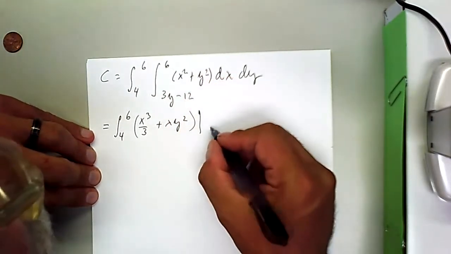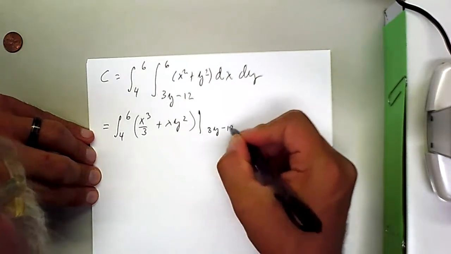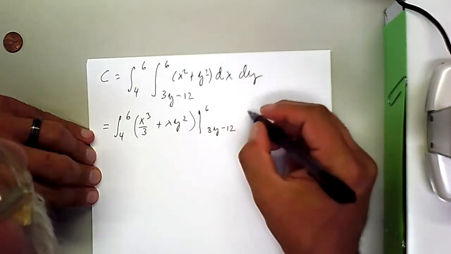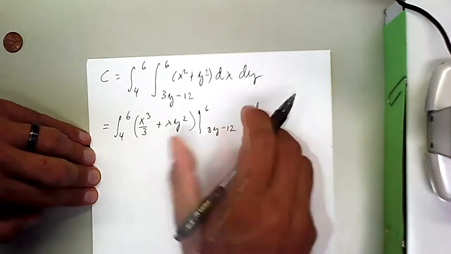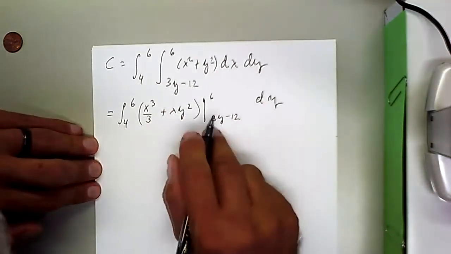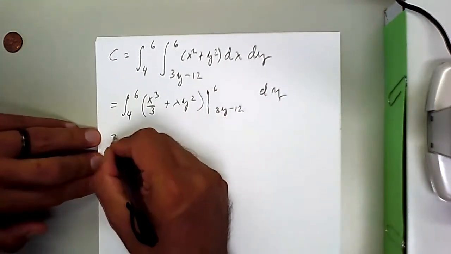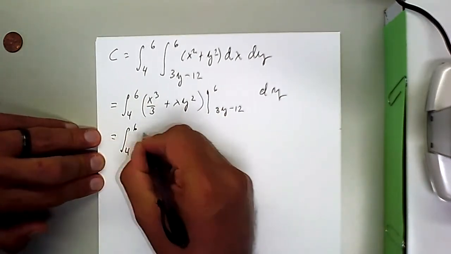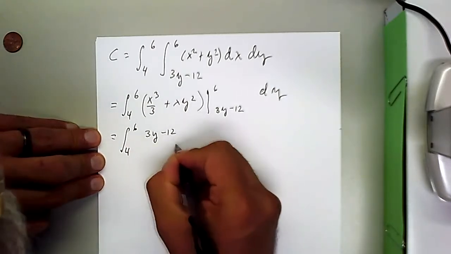But we're going to plug in different things now. 3y minus 12 to 6. And then after we finish that, we're going to integrate whatever we obtain with respect to y. So we go from 4 to 6, and we have 3y minus 12